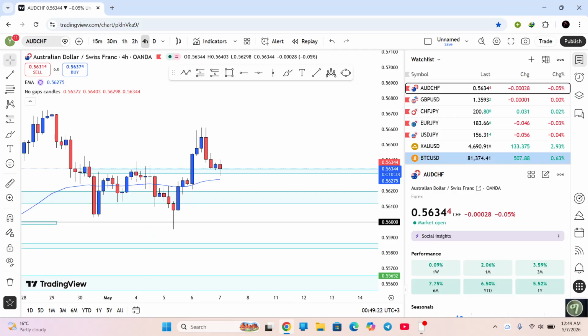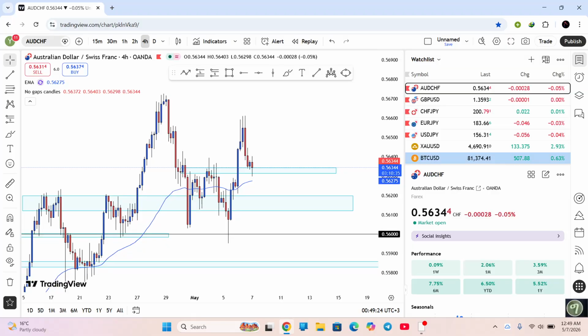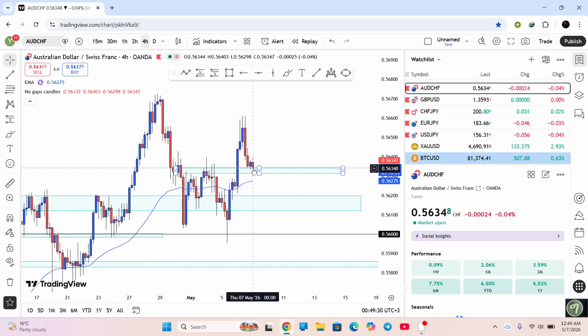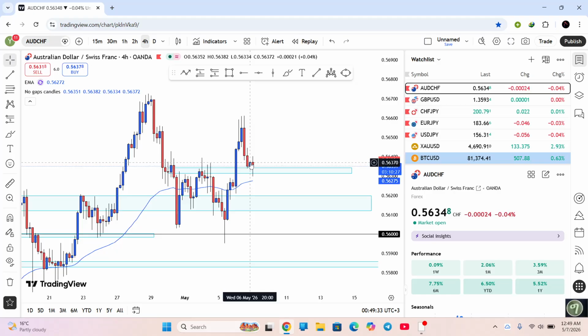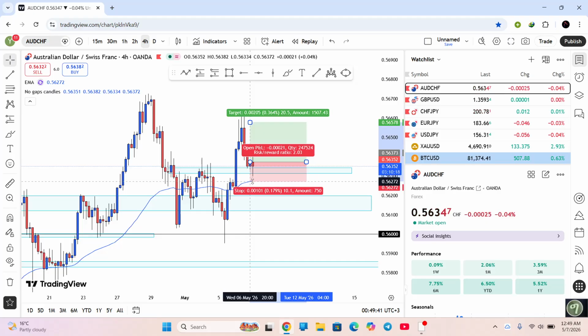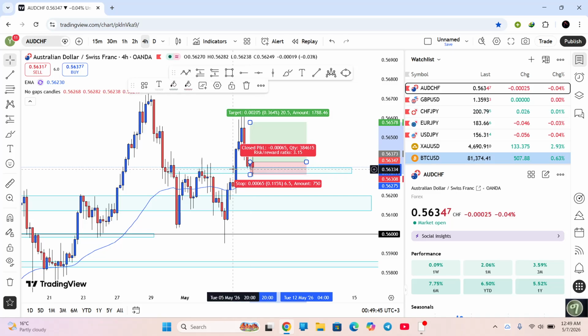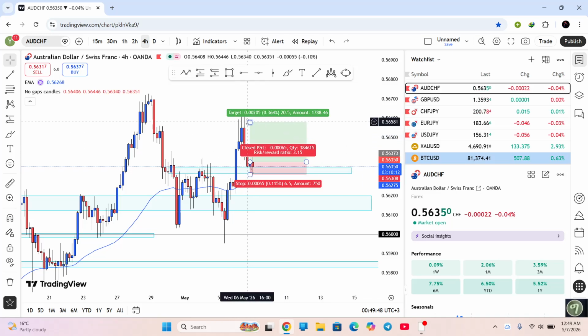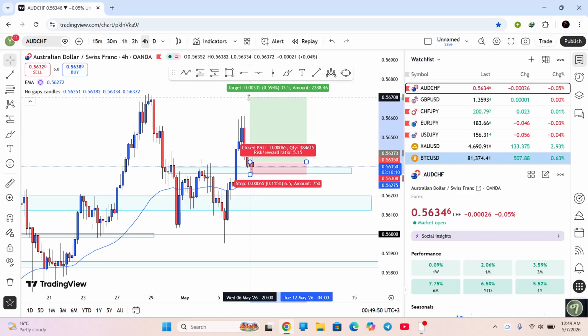So on the 4 hour time frame, as you can see, we are now bullish. We formed the higher high. It looks like we are forming the potential higher low, and we got our first rejection. If this rejection had happened in the pre-London session or London session or New York session, I would have entered this trade exactly like this, yeah, under this box, and my take profit would have been around over here.